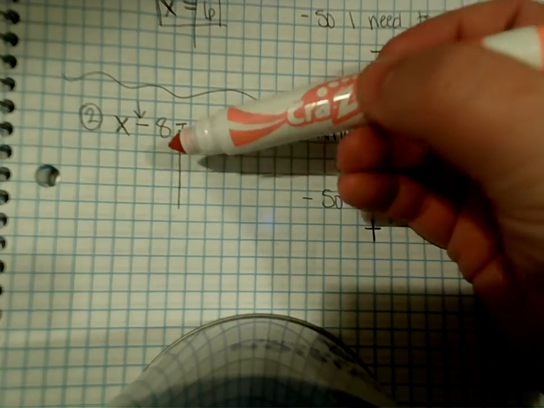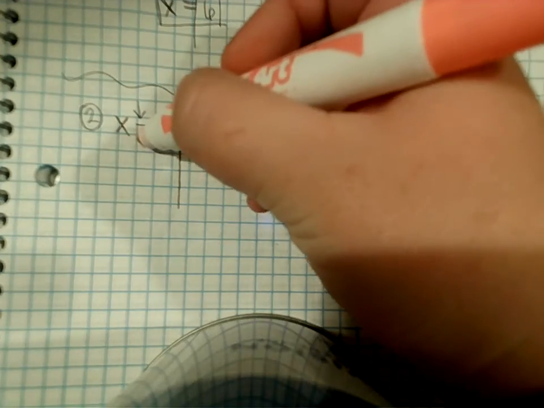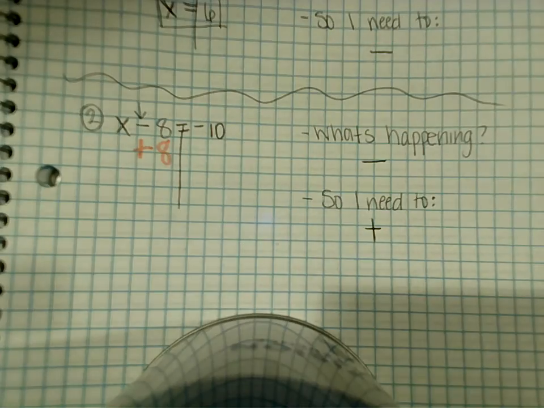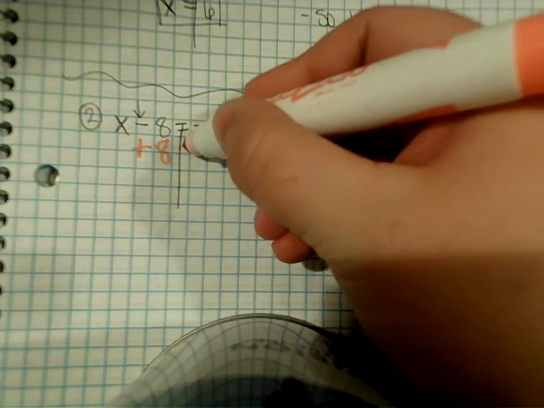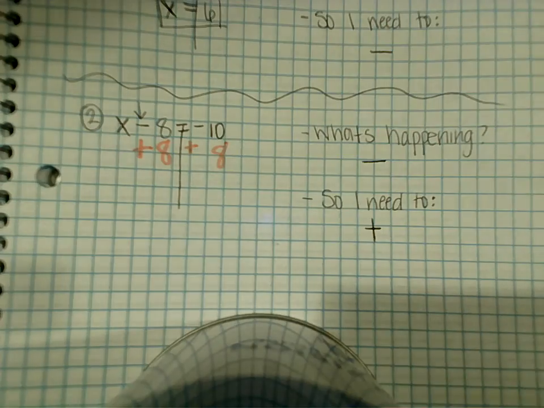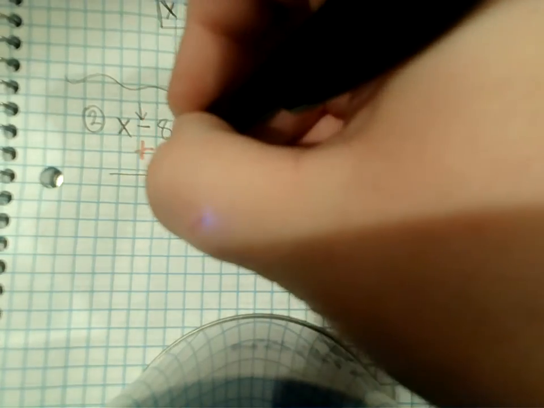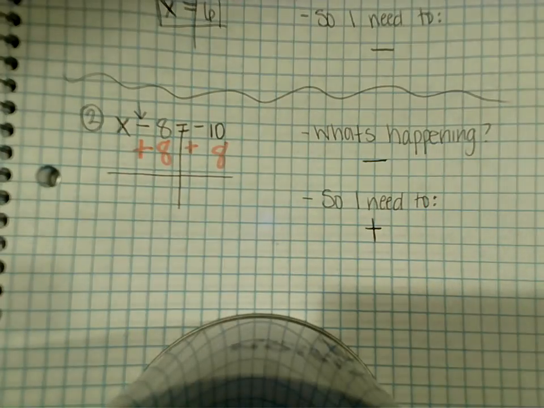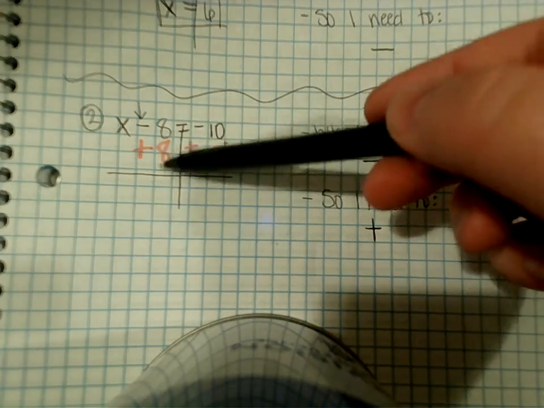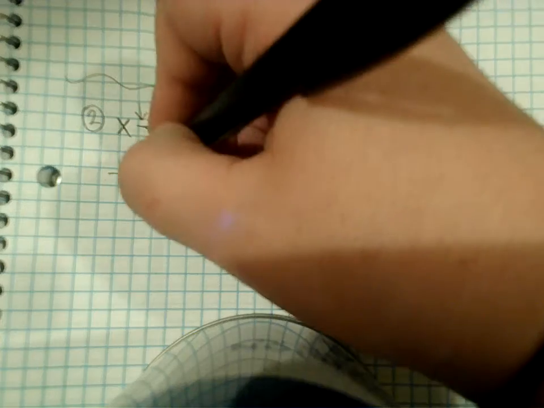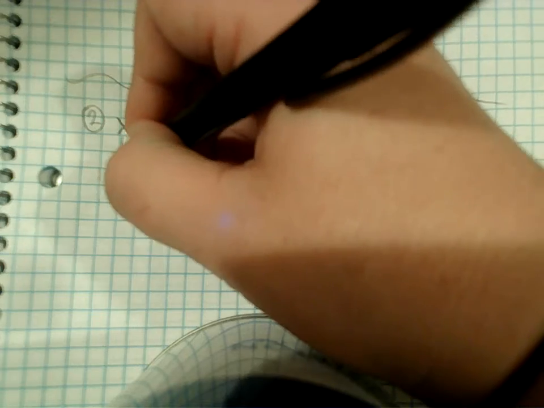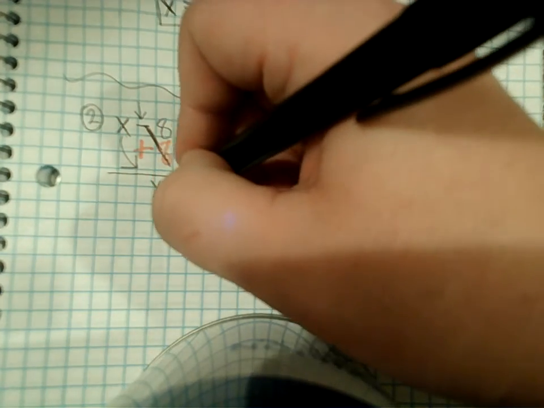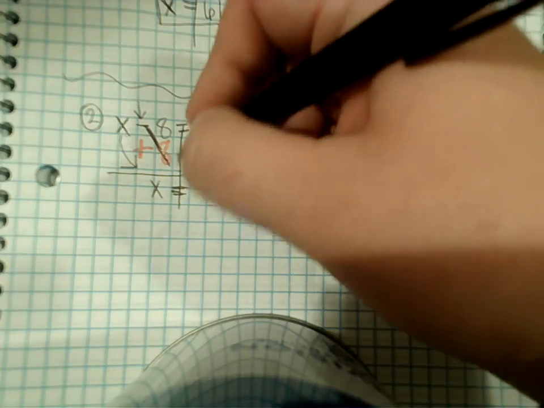Okay. So let's draw our line down from our equal sign. And we said we need to do the opposite of subtraction. So we're going to add 8 to the left side. And what we do to one side of the equal sign, we have to do to the other. So we're going to add 8 to this side as well. This tripped a few of us up too in our practice this week. So please pay close attention. Negative 8 plus 8 equals 0. So we're going to cancel that out. We don't need that anymore. Did we touch our x at all? Nope. So we're going to bring that down. X equals, because that's where our equal sign is, x equals